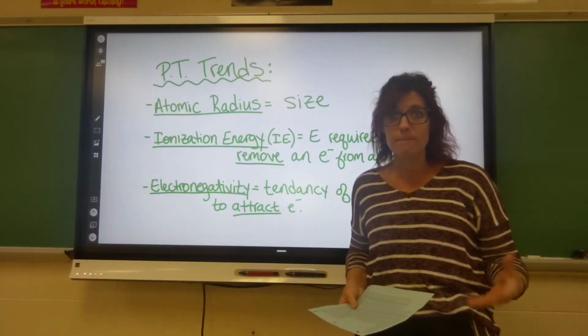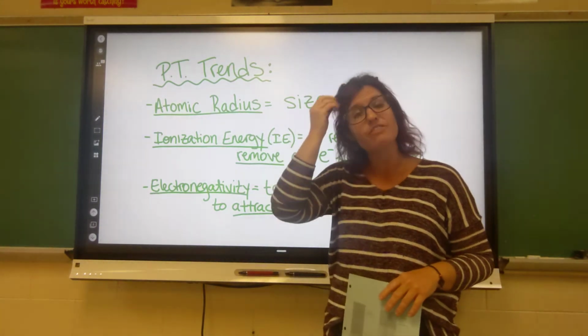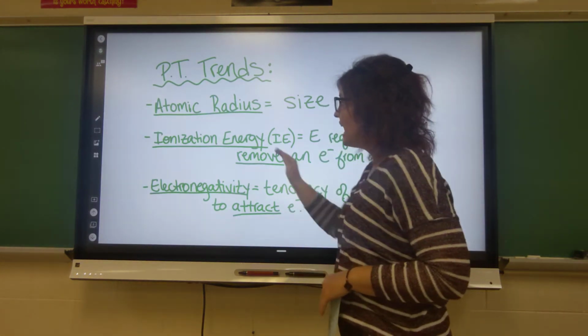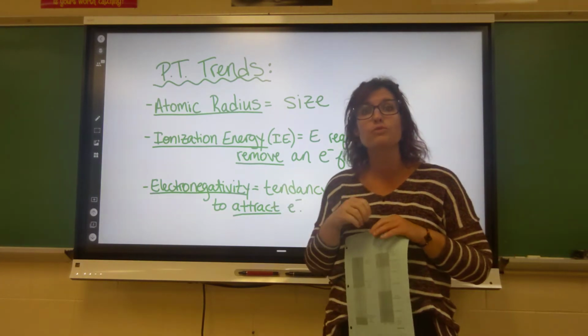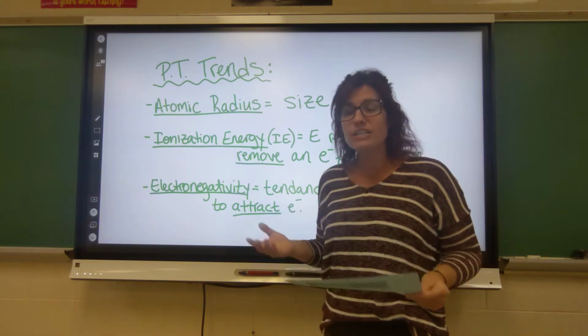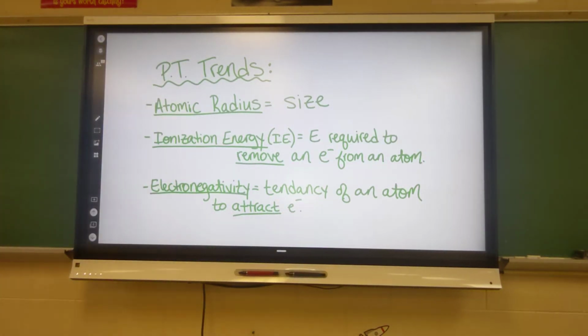So the first thing when thinking about the trends is the definition of each of them. Atomic radius is just talking about the size of the different atoms of different elements on the periodic table. Ionization energy is the energy required in order to remove an electron from an atom. Now, energy is required to remove an electron because